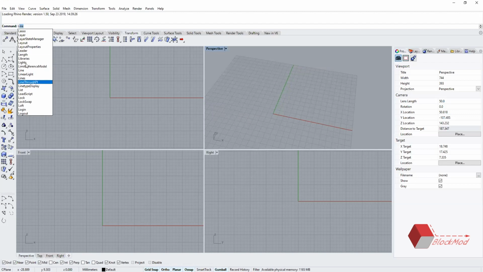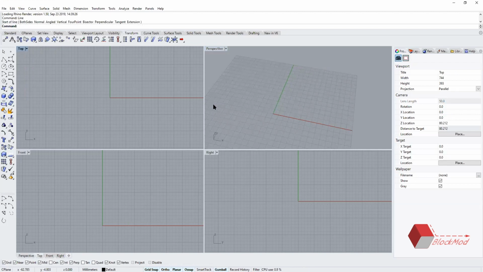But you can see a list of commands coming up. So this is kind of a drawback, you can say, where you have to know the entire command that you want to type. And if it is a basic command, then you are good to go with L and Enter or something like that.